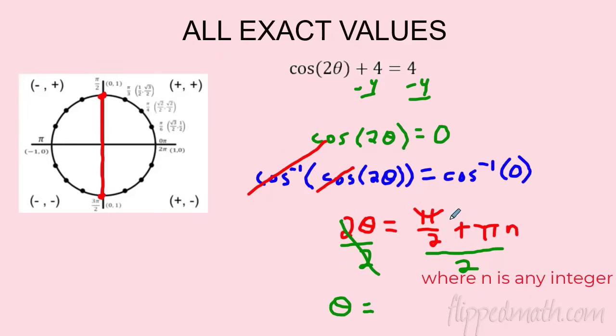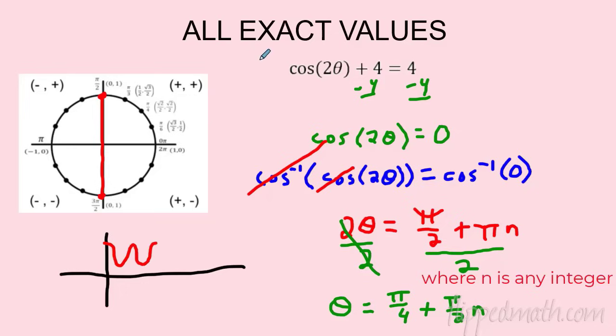And now when I do this, what happens? I've got pi over 2 divided by 2. Well, that becomes pi over 4. Plus, what's pi n divided by 2? It is pi n over 2. So it does mess up your answer, and it makes sense. You don't have to write this down, but if you graph that cosine of 2 theta, it changes the period. Normally you just get one set of answers, but now because it's littler like that, if I drew where it hits,